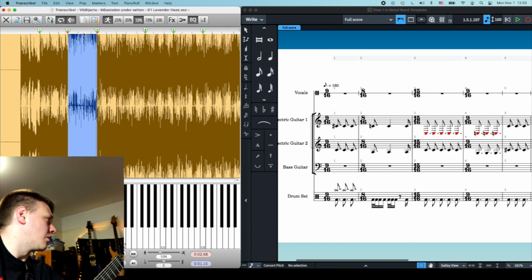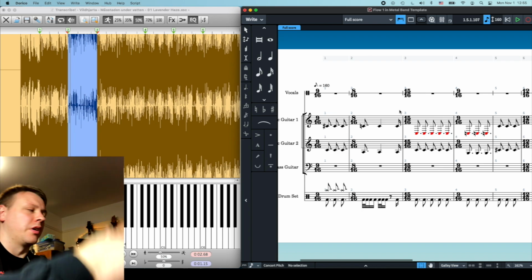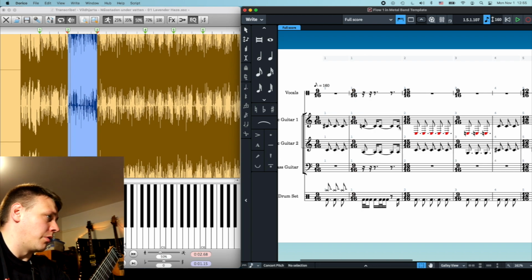What? Oh, I got something wrong. That's another thing about transcribing. Every layer you do, you're finding mistakes in the previous layer. So this is a little less weird than I thought it was,